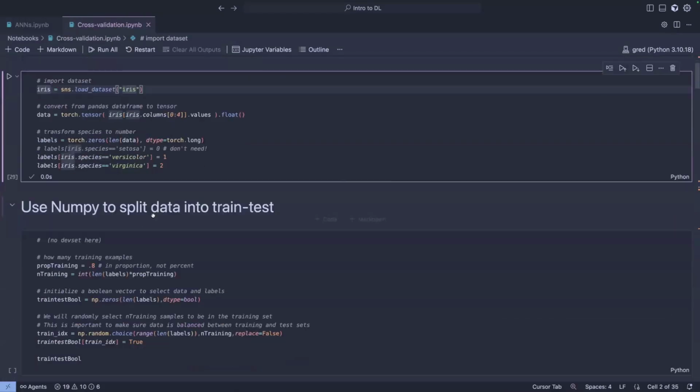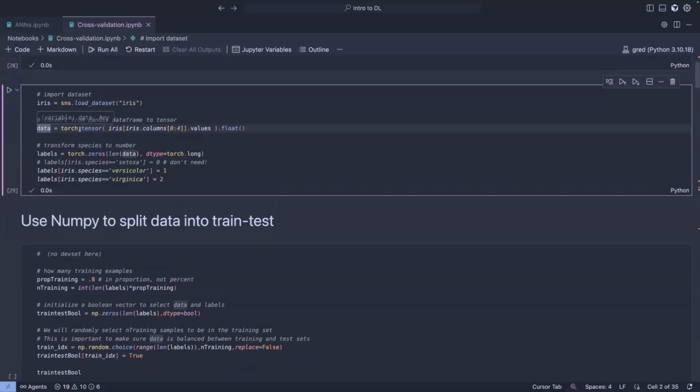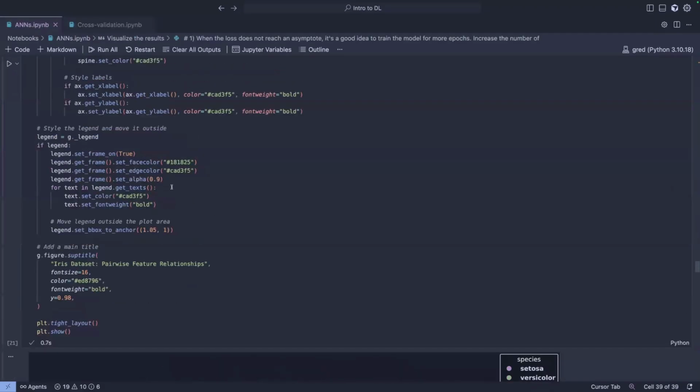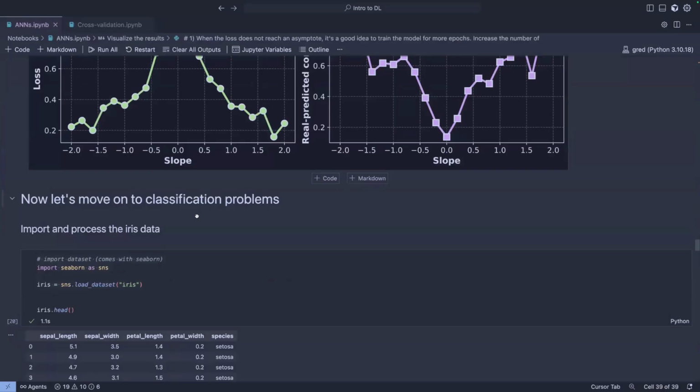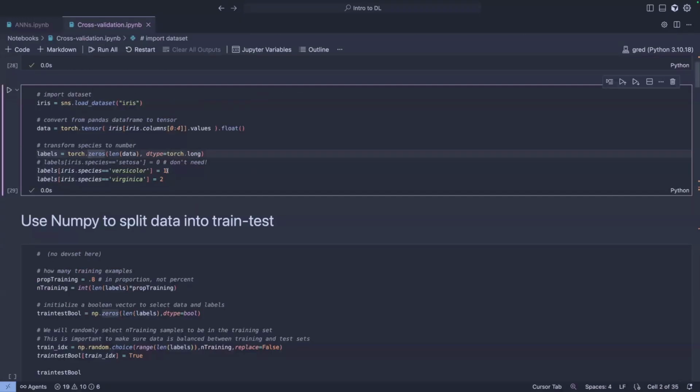So back to here. What we're doing basically is, you've seen the data, we are using the first four columns of the data, which are the features, the four features. And this will be our training data, right? Because the input of the model are the features. And then the output are the labels, which is the last column of the data. And here, instead of having the labels called by their names, setosa, virginica, and versicolor, we're just gonna encode them as 0, 1, and 2.